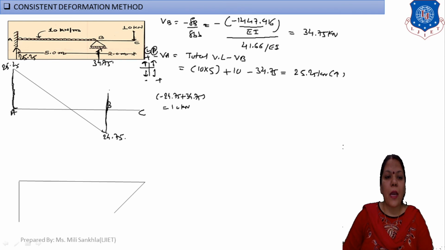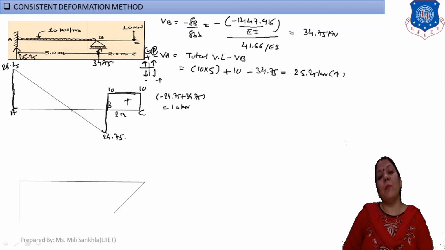And from 10 to 10 it is constant, because here the diagram is for a point load, so go constant, and this is right-hand side downward. This is plus, this value is 10, this value is 10, and this distance is given as 2 meter. This is the point of zero shear, that means at this point we get the maximum bending moment. For that, here we find the distance. Suppose here I take x and this distance I take 5 minus x.